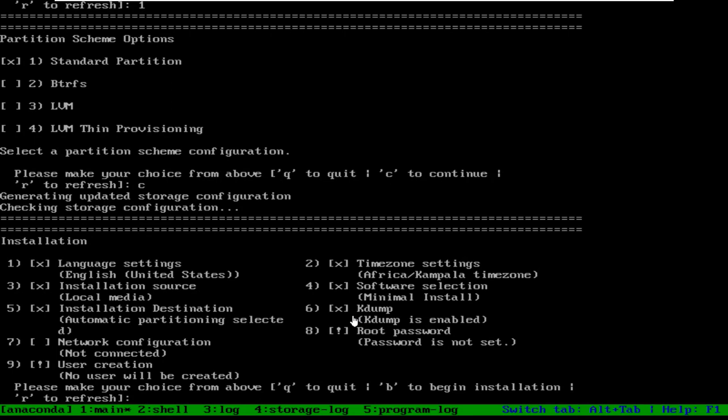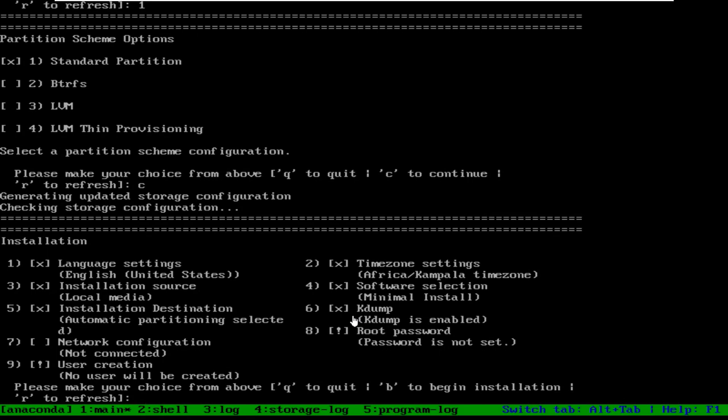It is automatically selected by default. Why is it automatically selected? Because we have more than 2 GB RAM. If you have less than 2 GB RAM in your machine, then this option is not available, and you cannot enable this kdump.